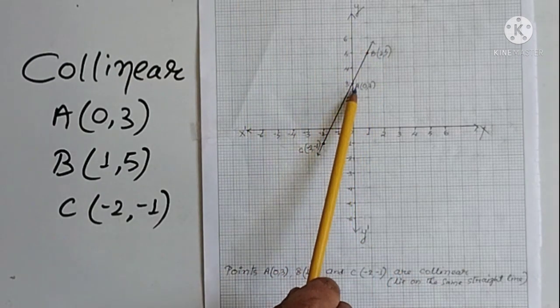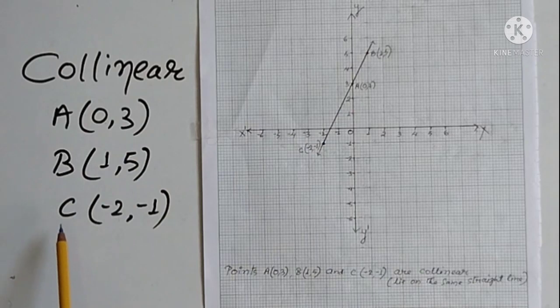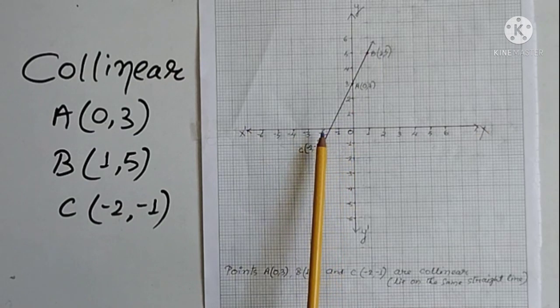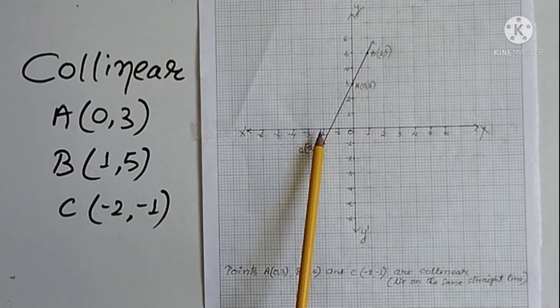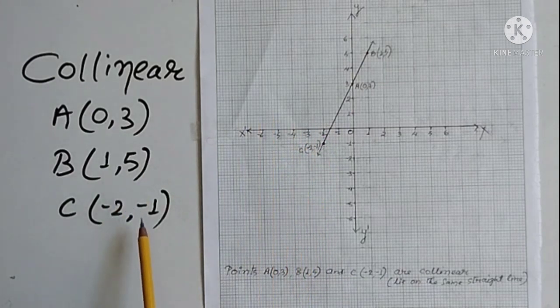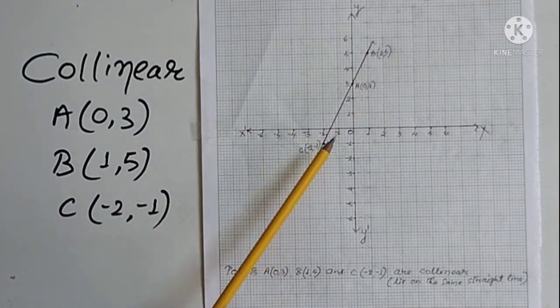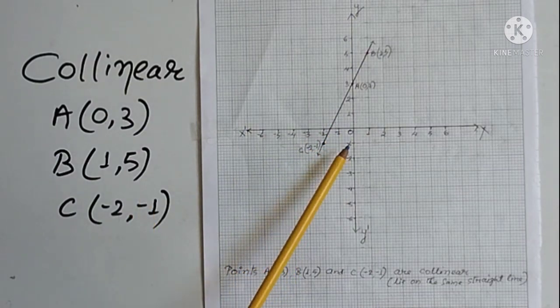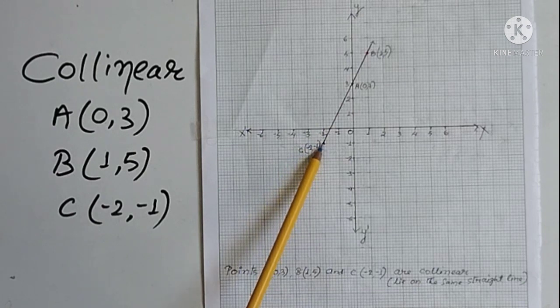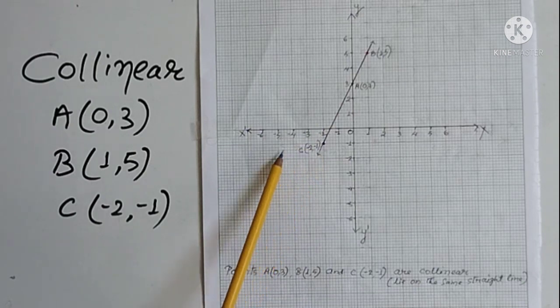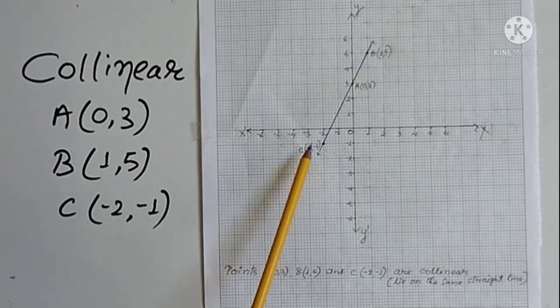So we have got 2 points, A and B. Now C. For C, your abscissa is minus 2. So where is minus 2 in abscissa? You have to look over this side. So 0, minus 1, minus 2. So this is minus 2. And your ordinate is minus 1. So 0, minus 1, this. If you draw a dotted straight line over here, and from here a dotted straight line, they will meet over here, this point. So this point is your C, minus 2, minus 1.